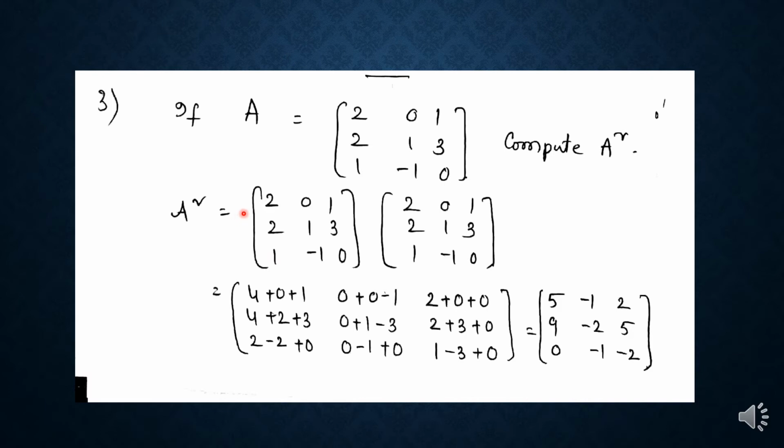A square is equal to A into A, that is [[2, 0, 1], [2, 1, 3], [1, -1, 0]] into [[2, 0, 1], [2, 1, 3], [1, -1, 0]]. So by using the multiplication process here,